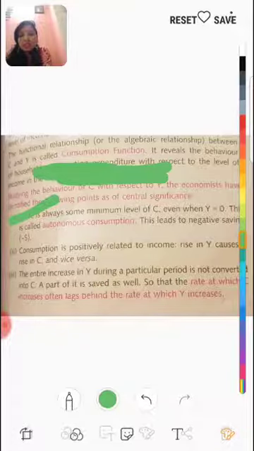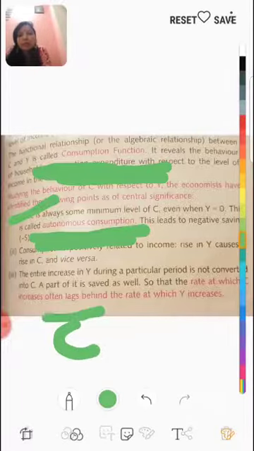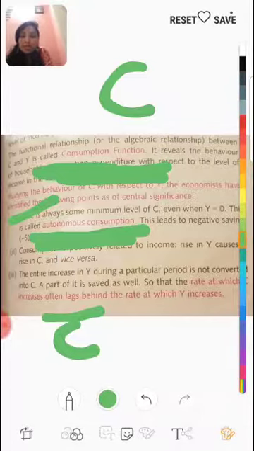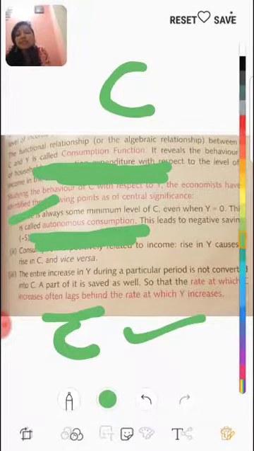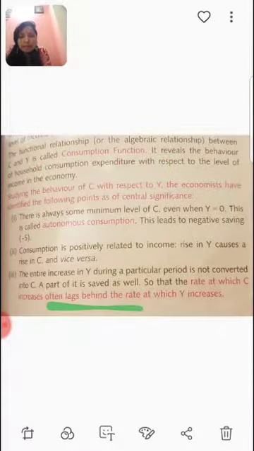So when income is zero and there is a part of consumption, that is minimum consumption, or it is known as autonomous consumption, and it is shown by C bar. Consumption is shown by C, but minimum consumption is always shown by C bar. Getting my point, student? Okay, so next is